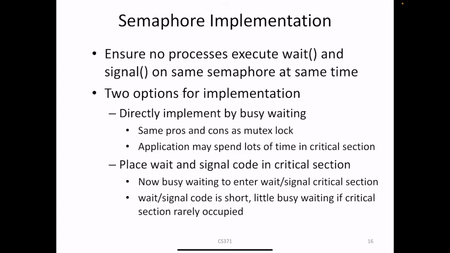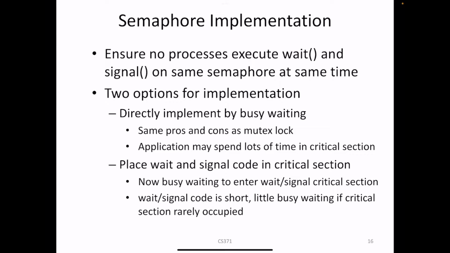There are two options to implement the semaphore. The first option is to directly implement the semaphore by busy waiting, which is very similar to spin lock or mutex lock. Therefore, it has the same pros and cons as a mutex lock. For the advantage, it can provide very good responsiveness. Whenever the semaphore is available, the waiting process can immediately grab the semaphore and be executed on the